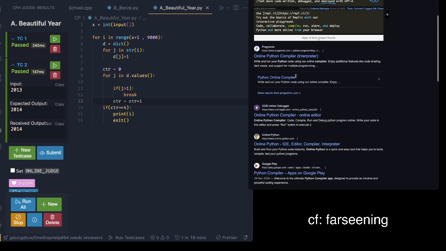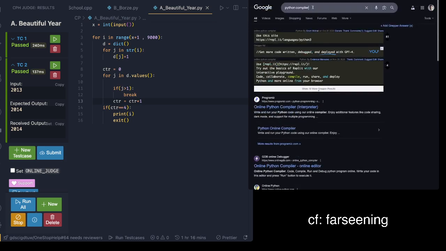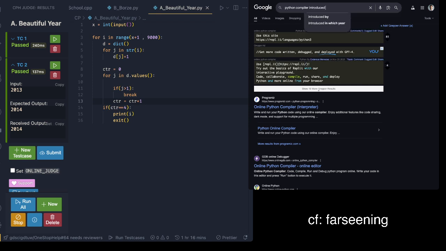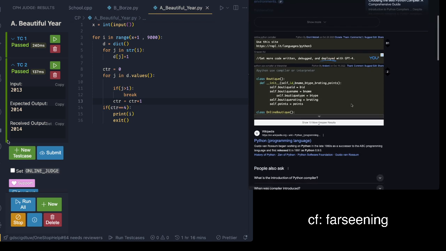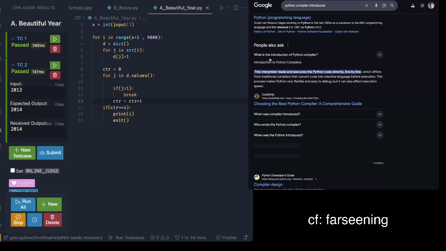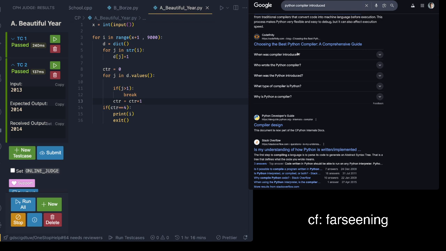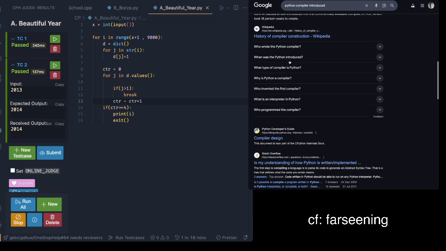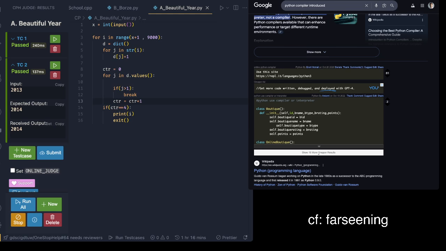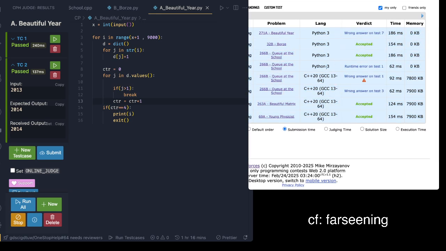Python compiler docs. Introduced. Who wrote Python? Anyways,